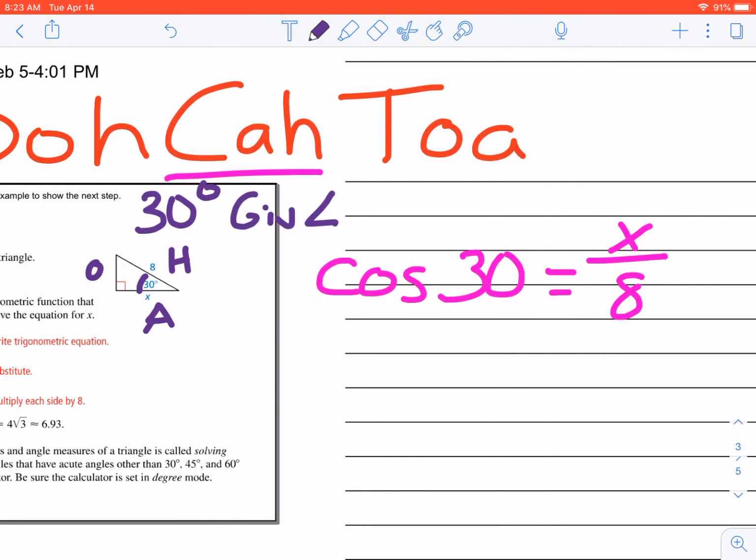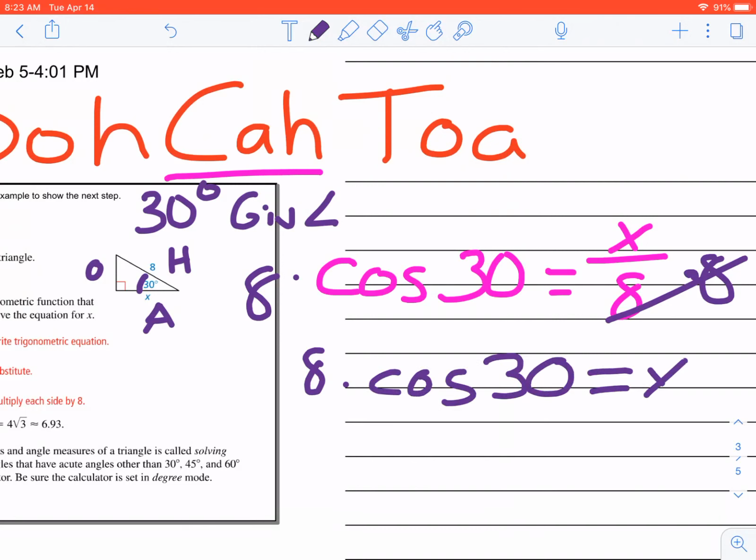Okay. Then from here, what are we going to do? I'm going to solve for x. The first thing I'm going to do is multiply both sides by 8. So I get 8 times cosine of 30 equals x. I would suggest putting that 8 in front of the cosine, because sometimes when you put the 8 after the 30, it gets mixed up with that 30. It becomes 38 or 30 times 8. So I would suggest putting it in front. If I type that in my calculator, 8 times cosine of 30, I end up with x is approximately